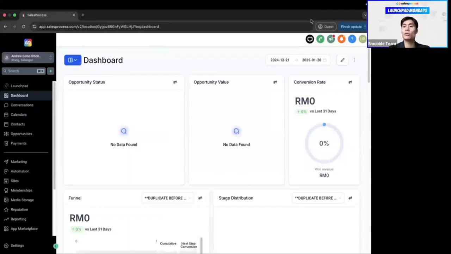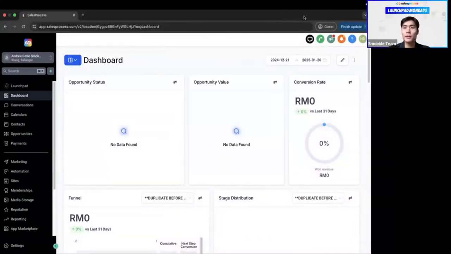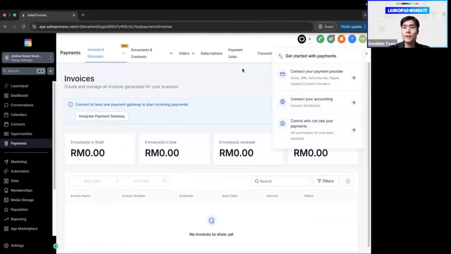Perfect. Okay, so once you log in to the Sales Process app, you do see my screen, right? Can I get a reaction, a thumbs up? Perfect. All right, awesome. So once you log in to the system, in order to create invoices, you just have to go to payments, right? Under payments,